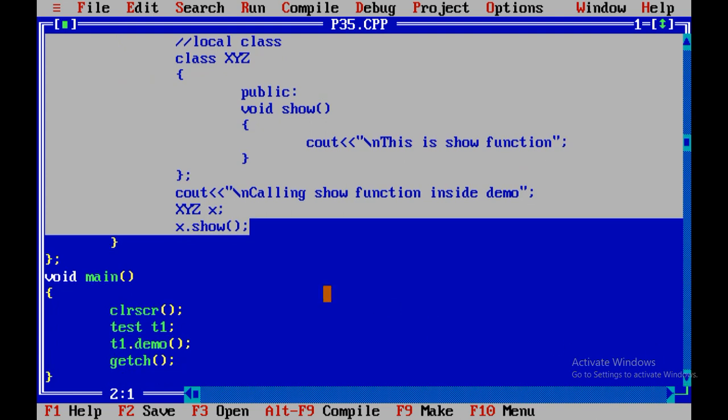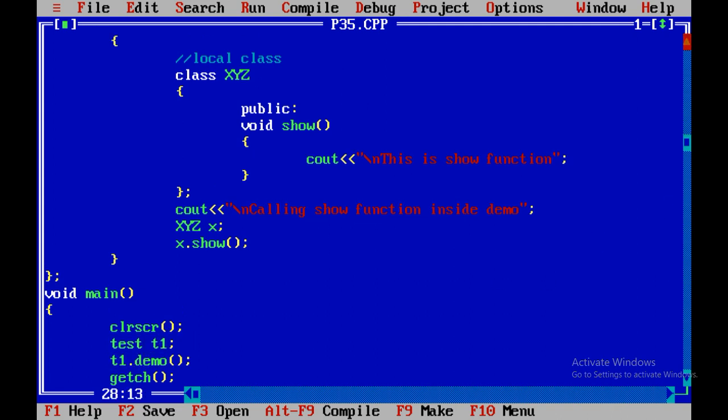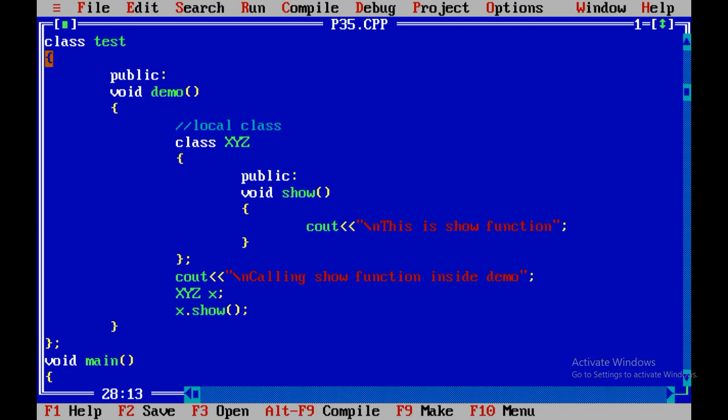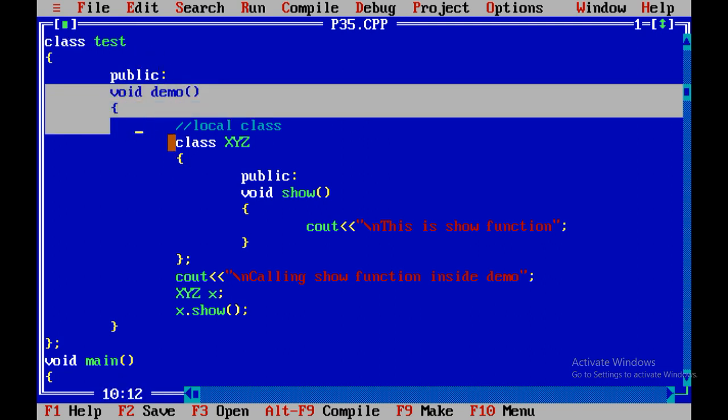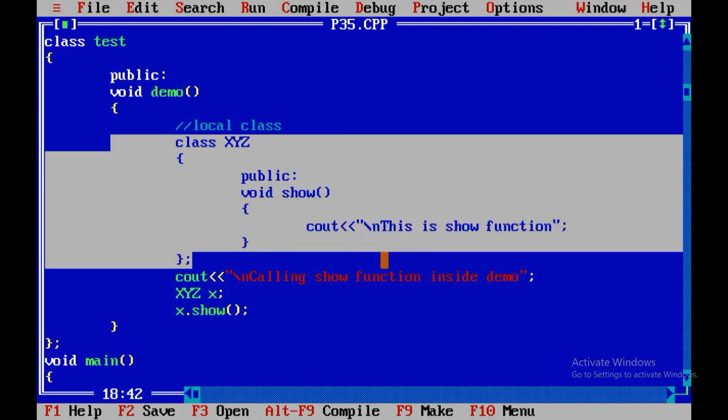Definitely our program starts its execution with void main. So opening bracket, clear screen, it will create the object of test class t1, and it calls method t1.demo. Now see, this portion is not executed yet.